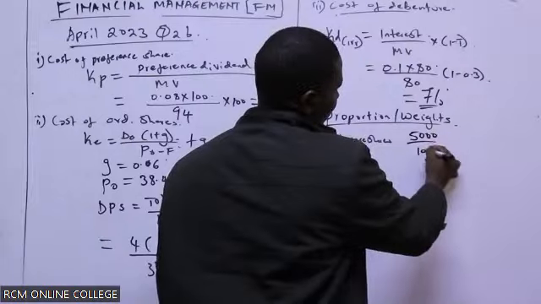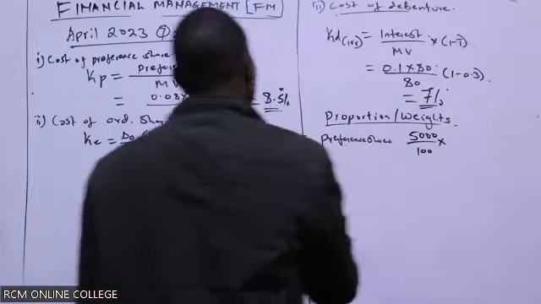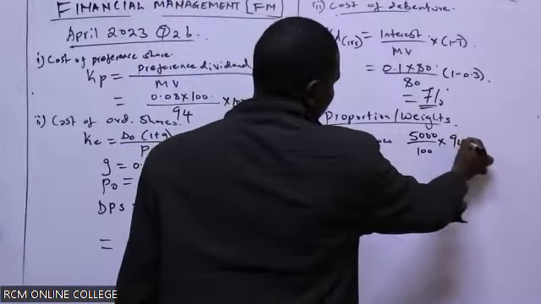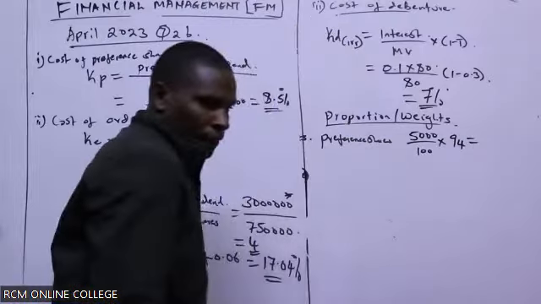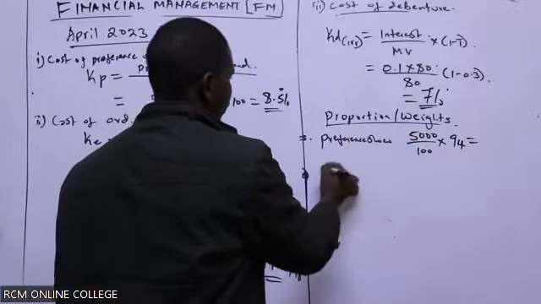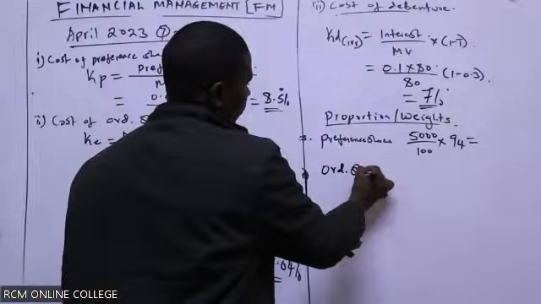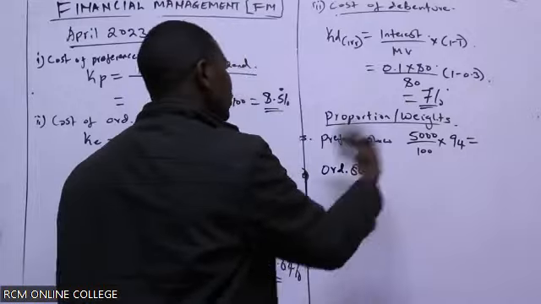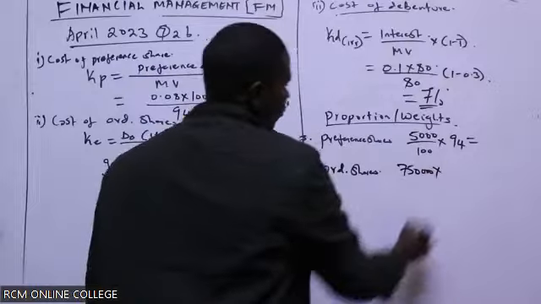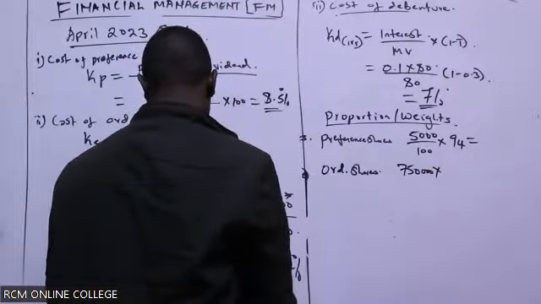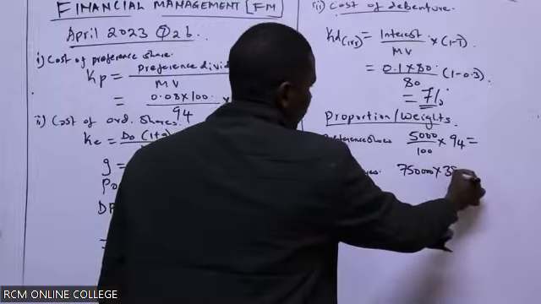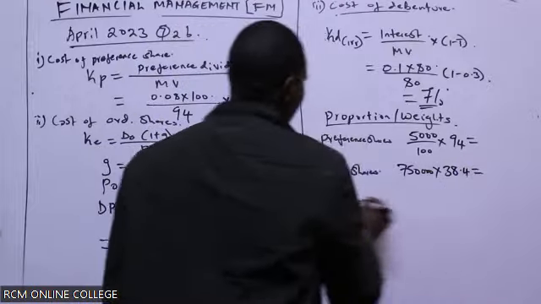Par value ni 100 and market value tuko nayo hapa. Iko wapi preference share? Market value 94. Haya, pate something. Then twende kwa next one, hii ordinary share. Ordinary share class hapa niko already na my number of shares 750,000. So hii nita multiply tu na the current market price which is 38.4. And then twende kwa debenture,